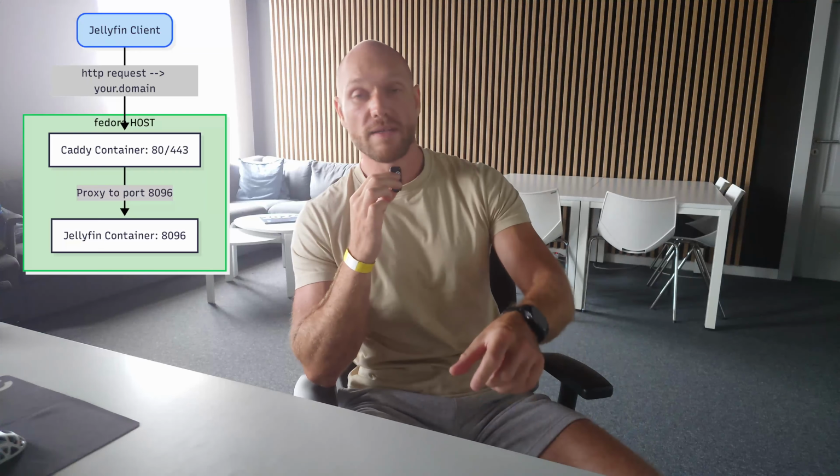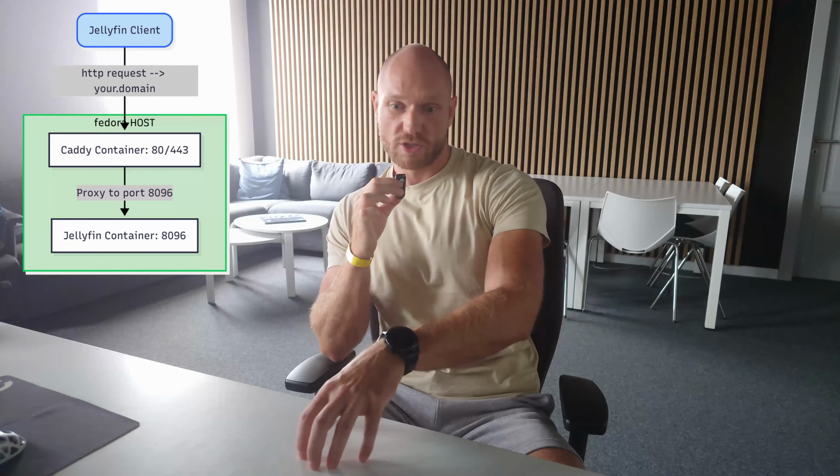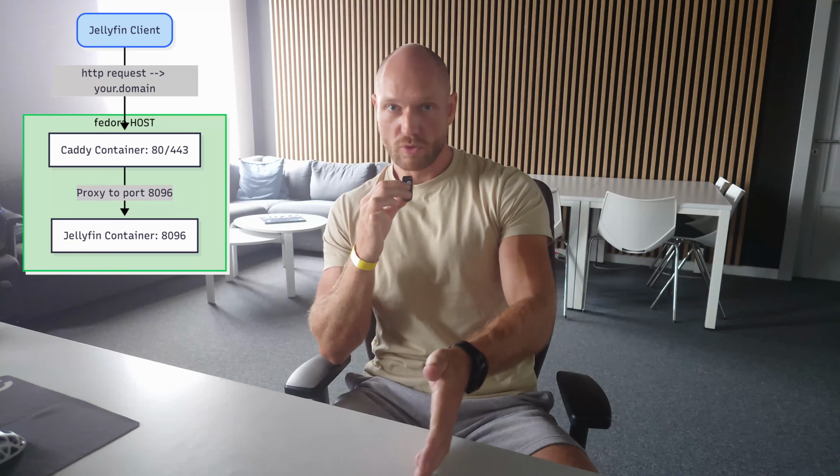And now the problem is that usually every time you transcode, in a situation where your client, which is maybe a phone, connects to a Jellyfin server, and the client has a smaller display, or the internet is not fast enough, or the client does not support the codecs of the movie that you want to watch. In each of these three cases, Jellyfin has to touch the movie file, encode it, and then send the encoded version to your client. So the problem I had so far, which I was not able to solve, and which I have now solved, which is why I'm making this video, is when you look at this,